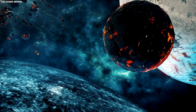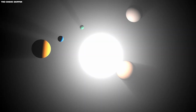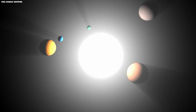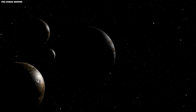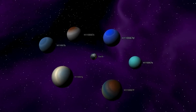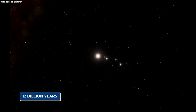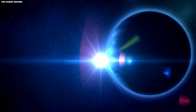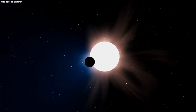Unlike our own solar system, which formed through violent collisions that left us with planets of varying sizes, this newly discovered system, HD 110067, is remarkably orderly. All 6 planets are almost identical in size and have remained undisturbed for up to 12 billion years. These conditions provide a unique opportunity to study how planets form and evolve, possibly offering clues to whether they can